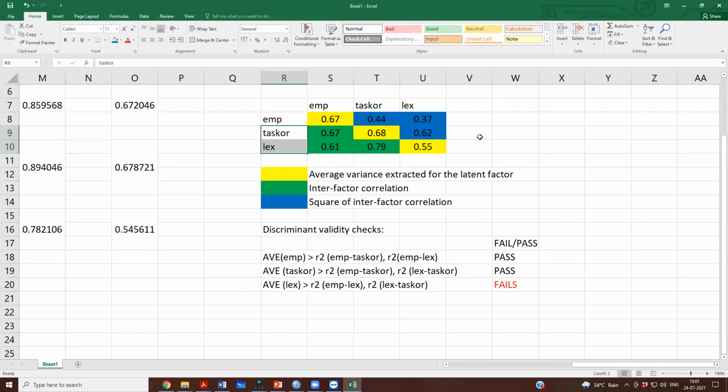If you can justify what your merged construct would be, okay, it is absolutely okay. You can go ahead and model the merged factor of task orientation and LEX. However, in this case, in our example, we are now going to model a second order latent factor having the three first order factors: EMP, task orientation, and